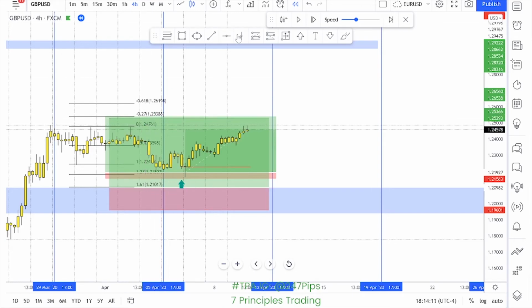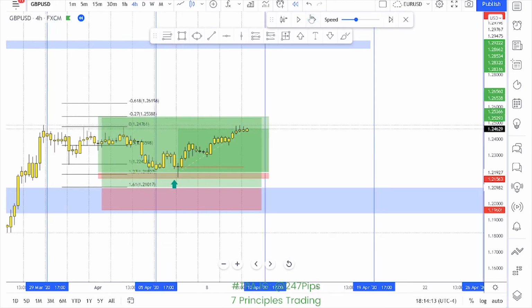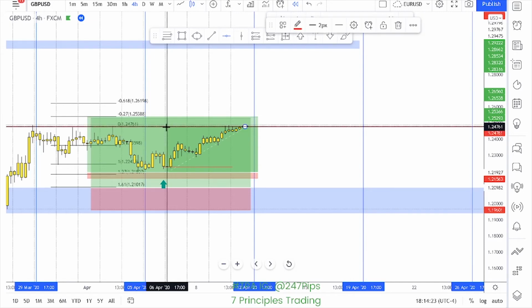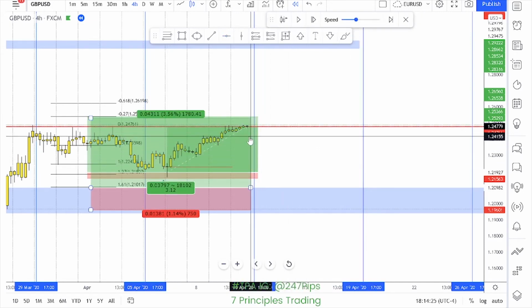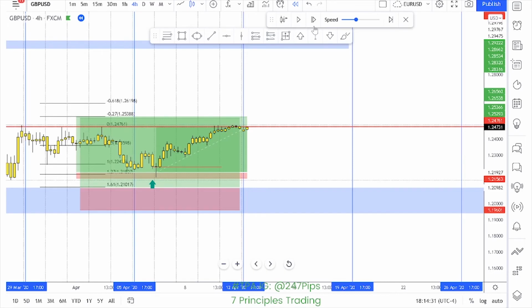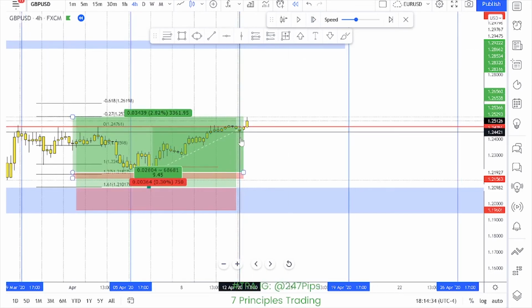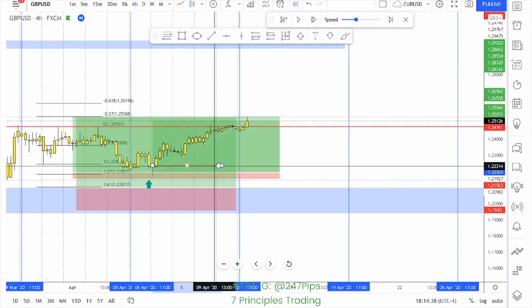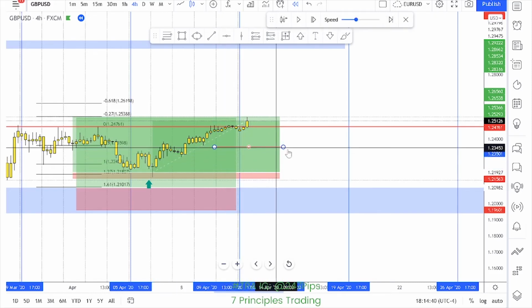Have not closed on the other side of the 0 yet. Or did we? I think we might have just now. Place a line on the 0. Okay, we did close above that marker. Let's see if we can get a clearer candle, which is right there. Did we actually hit the TP? No, we didn't. Nonetheless, we're just going to move our stop loss up just below the 50 marker